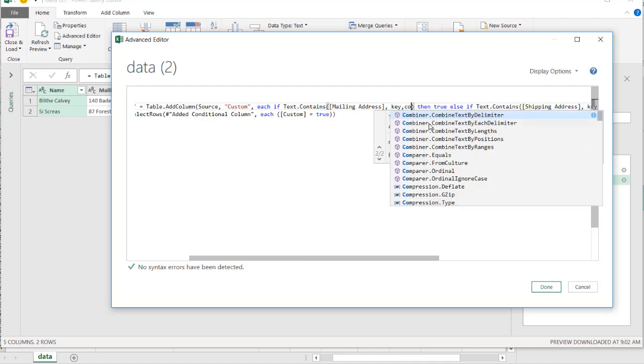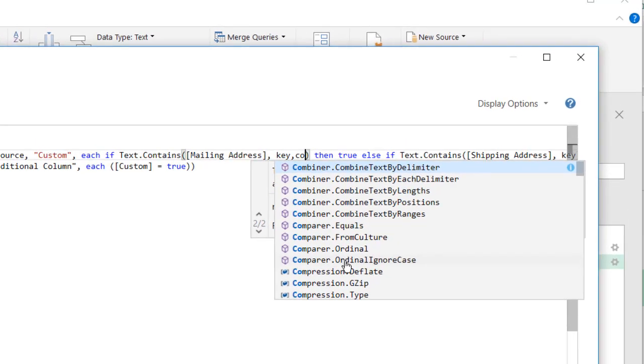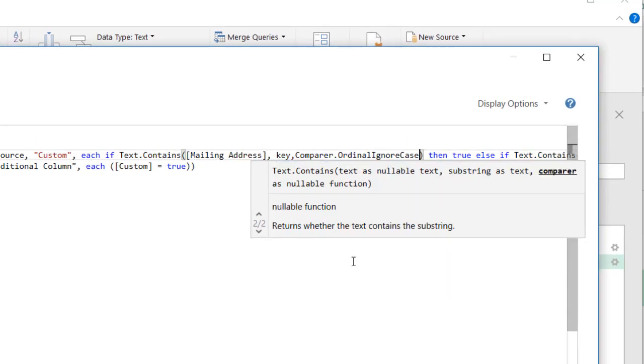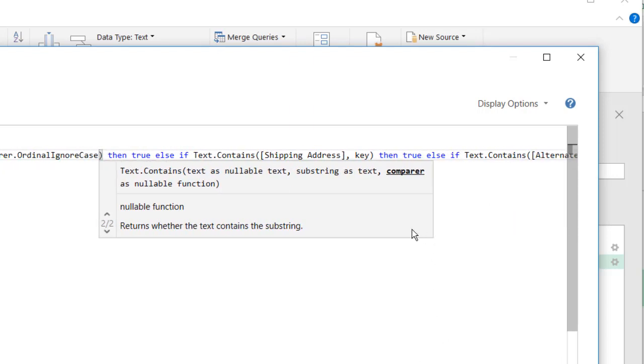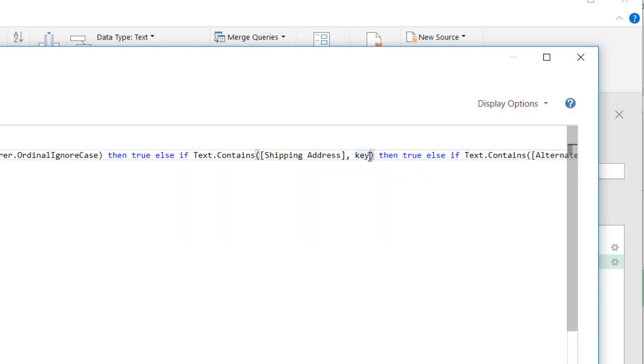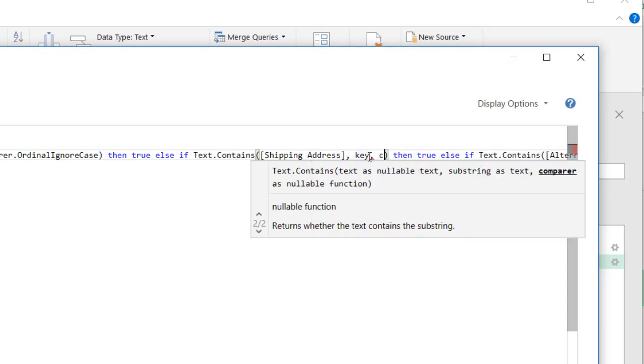Let's see if IntelliSense is smart enough to give us some options. Yes. So we do Comparer, and we want to do ordinal ignore case. Click on that. And we're going to do the same for our three other ones, where it's looking at the other fields. So compare,